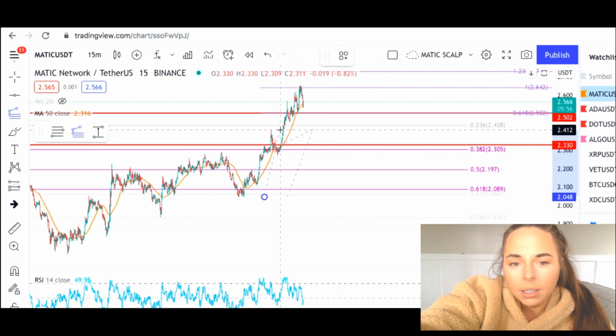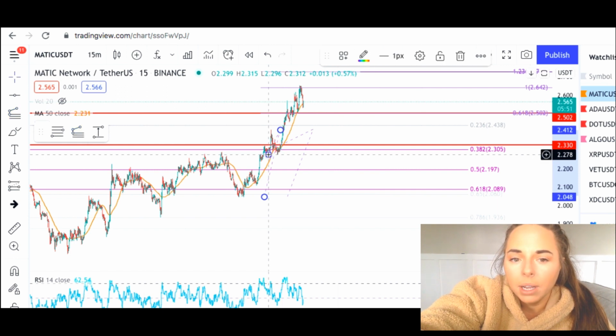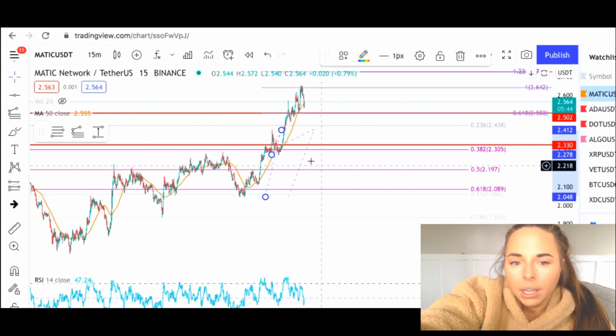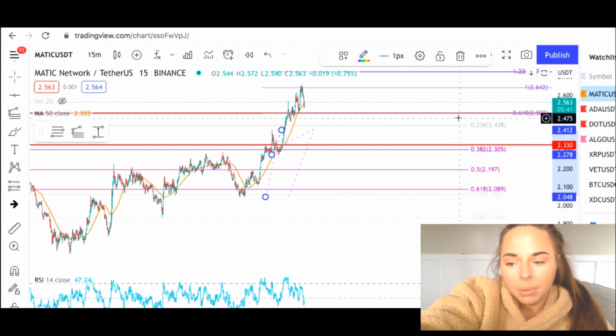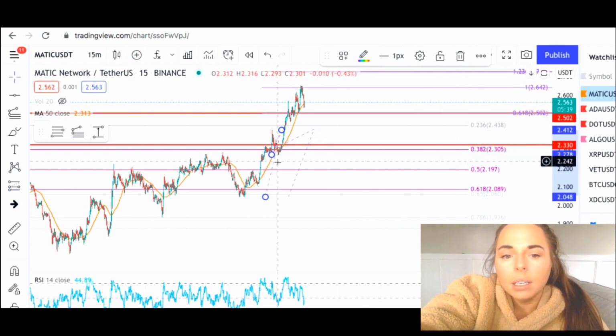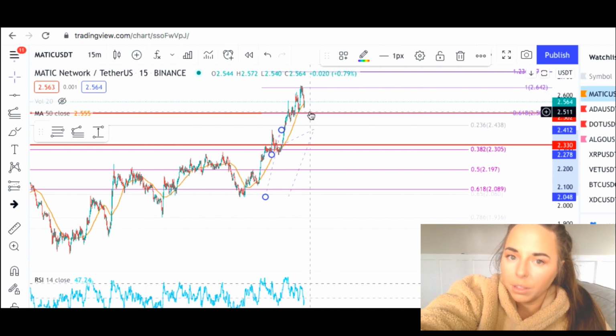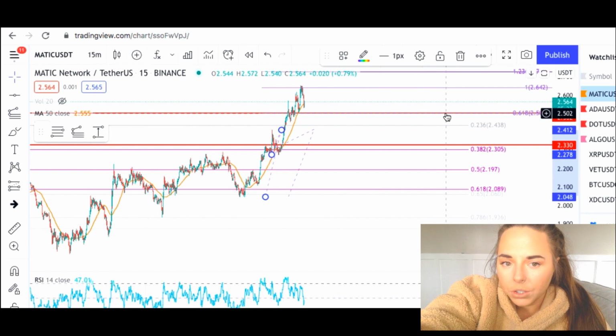So it was here and then it came down. I was measuring this out anyway for my last video, and I told you guys to make sure this is adjusting for the low that it actually makes. So I kind of had it here, and you can see that the 618 fib, since it didn't come down to reach a wave 2 target, I knew that when it came up we wouldn't want to target any wave 3 targets up here. We would want to look for fifth wave targets. So that's what I was doing. So right here at the 618 is where my second entry was.